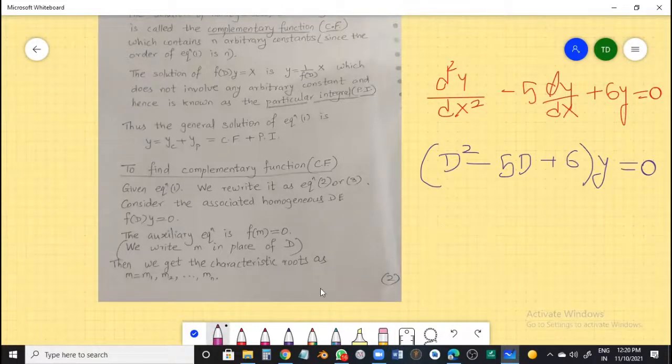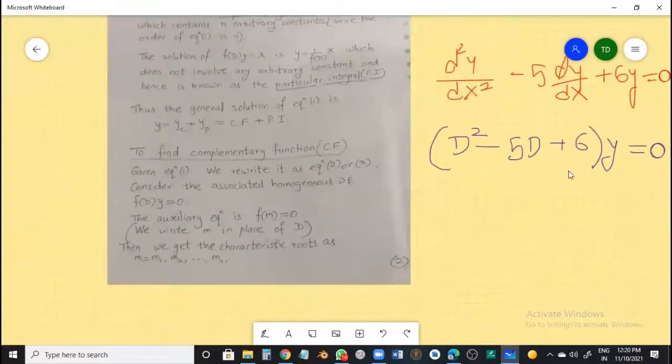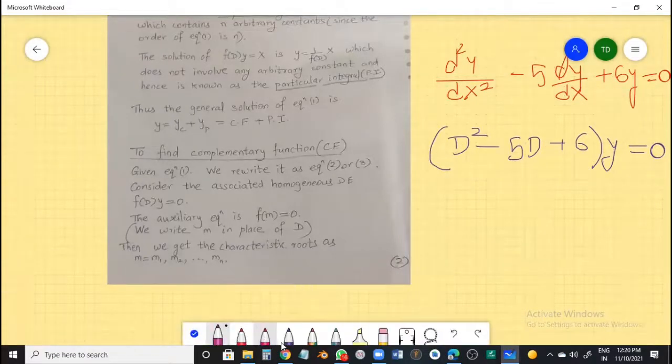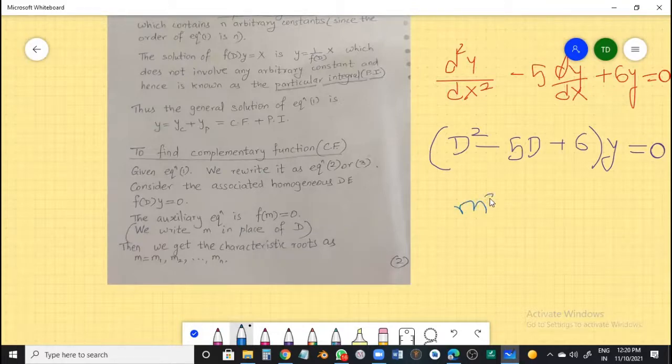Now, one more thing. I got just the nature of this and I want to simplify it. To simplify it, I'll adapt its nature. What is the nature that I see here? In place of D, if I write m, it looks like m square minus 5m plus 6. Now why m? m is just a token representative. It is just playing the role of a polynomial expression, m square minus 5m plus 6, that you have learned in your school.